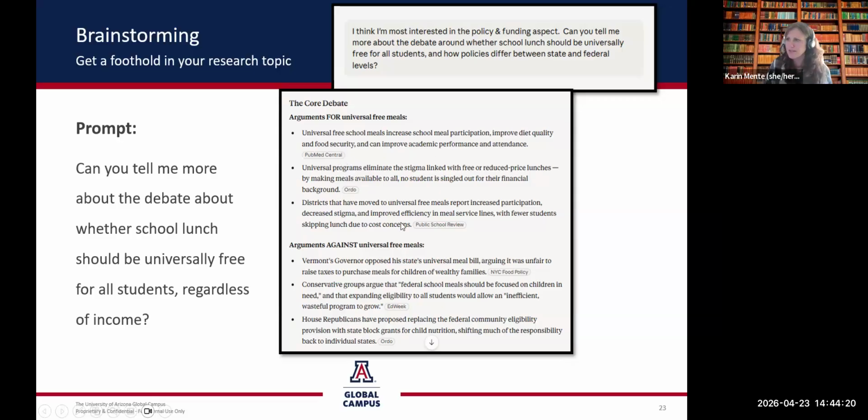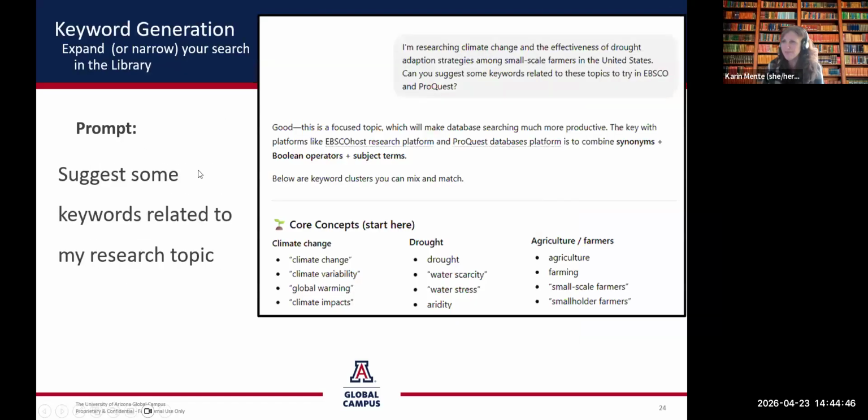Again, never trust what the AI is giving you. This is a very plausible summary. It looks good on the surface, but we're not verifying these sources in real time. It may be oversimplifying things. It may be omitting really important perspectives. So you want to take it all with a grain of salt. But it does give you a broad understanding of the landscape of an issue. It just shouldn't be taken as the final word.